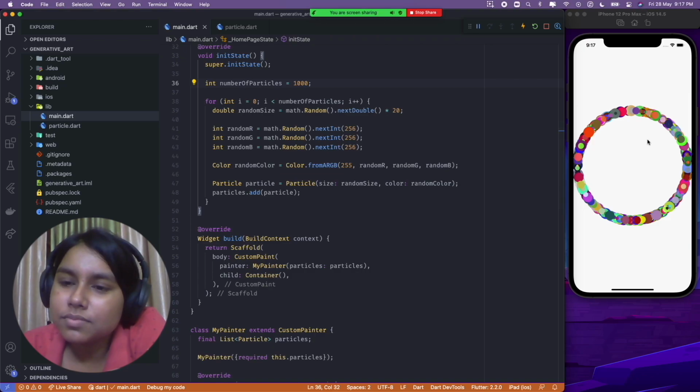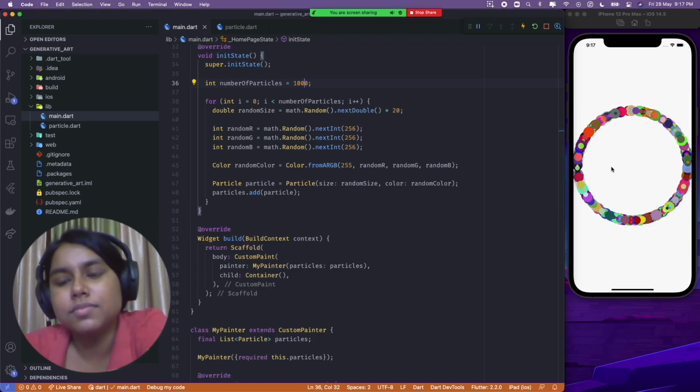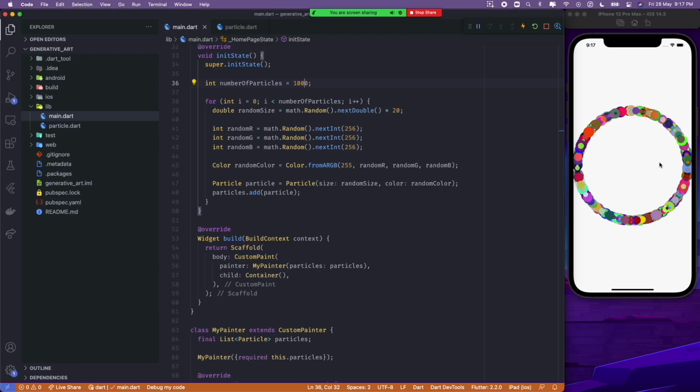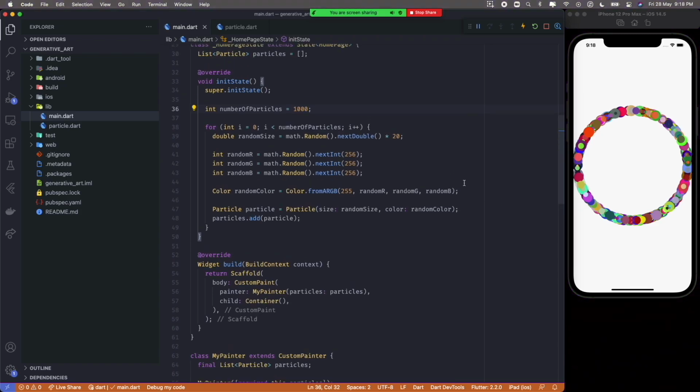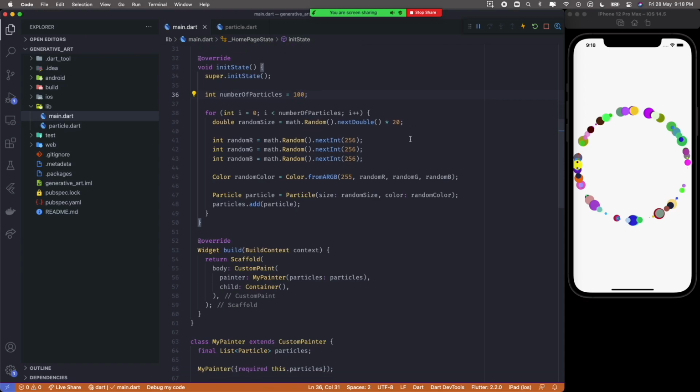Yeah, what I am thinking is we can do circles of different radius and place particles across them. Yeah. So for that, let's keep the number of particles to 100. And now what we have to do, we have to vary the radius and